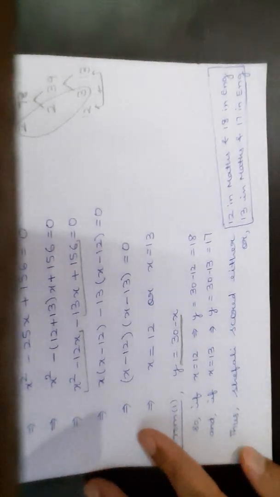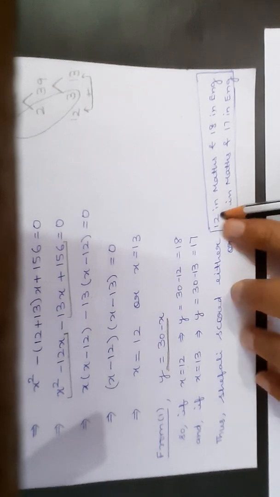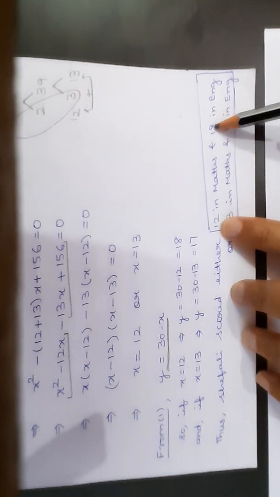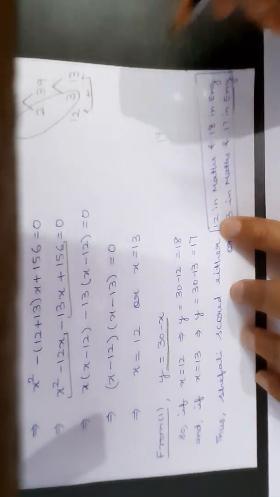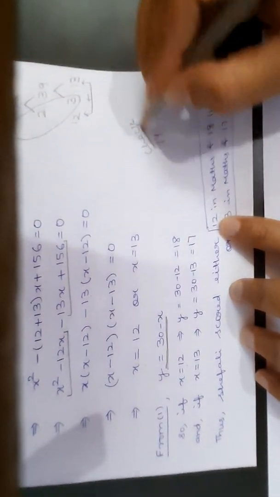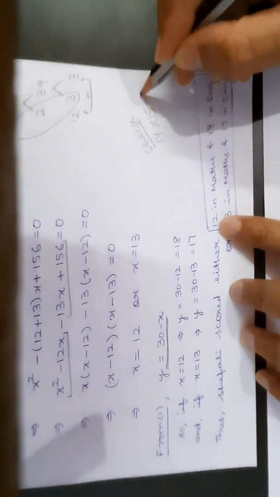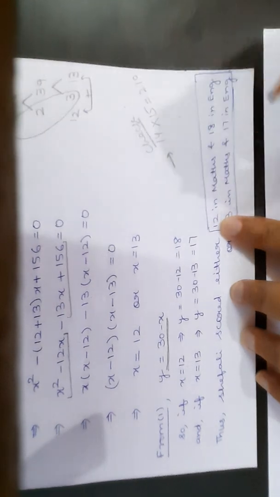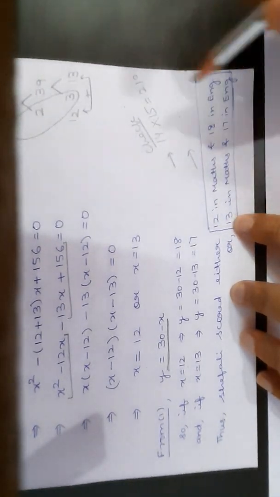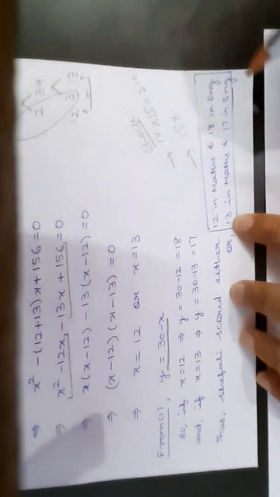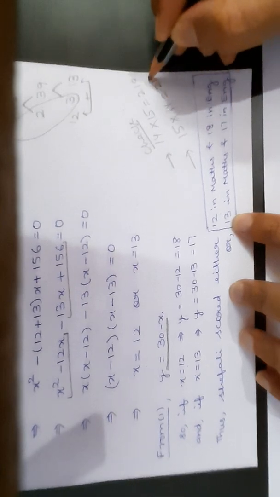You can always cross-check your answer in your mind. See, the condition was 2 more in maths, 3 less in English. Now 2 more in maths would make it 14. Right? And 3 less in English means 15. And 14 into 15 is 210. This is for condition 1. For condition 2 also, 2 more in maths will give you 15, and 3 less in English, 17 minus 3, is 14. That is also giving you 210.